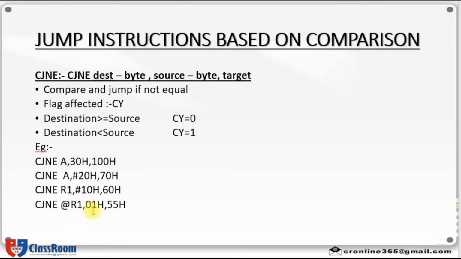That contents and this 01H are compared together, and if they are not equal, then it will jump to this 55H address location. So CJNE also can be denoted in 4 addressing modes. Register addressing mode, immediate addressing mode, indirect addressing mode, direct addressing mode.